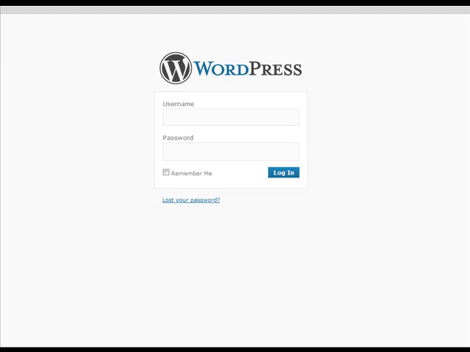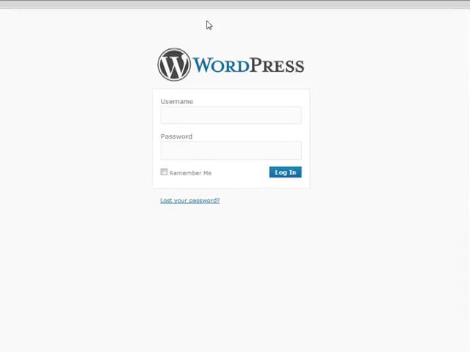Hi and welcome to how to log into WordPress and post your own posts and create your own categories for your blog in WordPress. So here's the WordPress login screen, and in this instance we've used